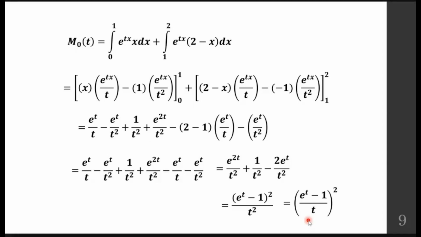Integration only we have to be careful while doing it, because in discrete, summation is easy. When we have integration,